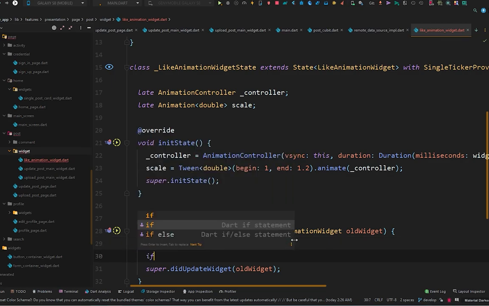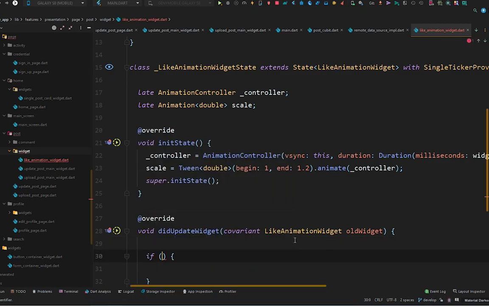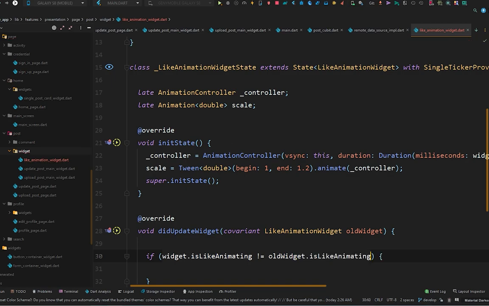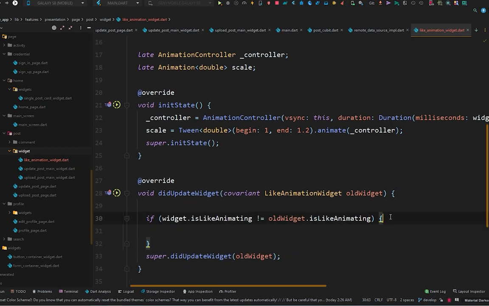First of all, let's remove this to-do from here and check if widget.isLiked of our current widget is not equal to oldWidget.isLiked. If our new widget's isLiked field is not equal to the old widget's isLiked,